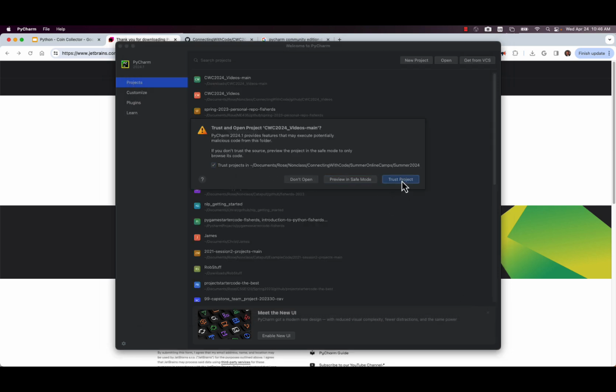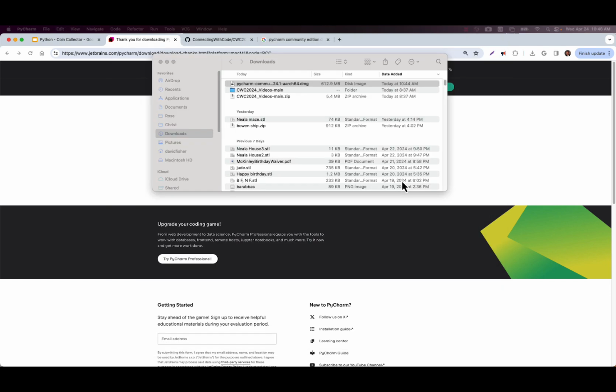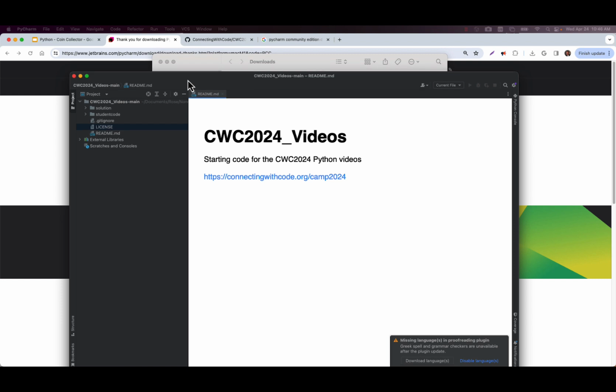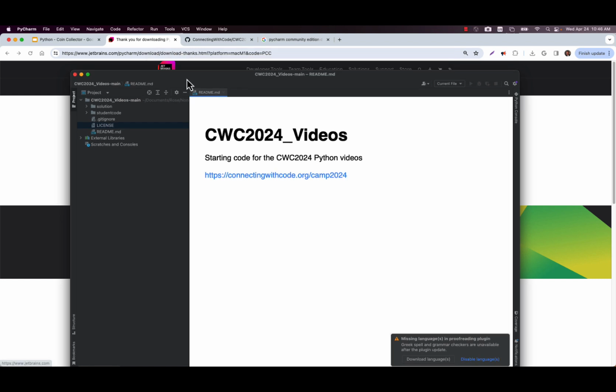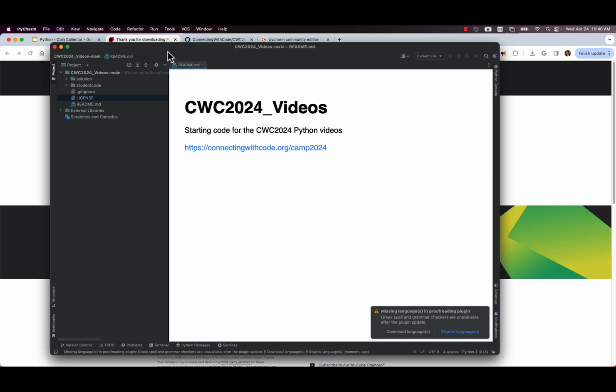I trust this project. Yeah, I trust you totally. That trust question is it'll ask you, it's possible when you open something on your computer for it to have viruses and things, right? But you can trust me. It's good. Looks like I've got some error here that you won't see, so I'll just ignore that. Cool. And so it brought in the code, which is great.